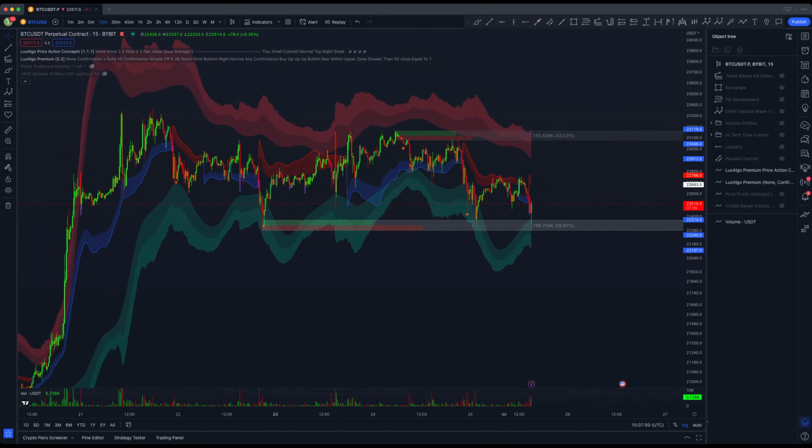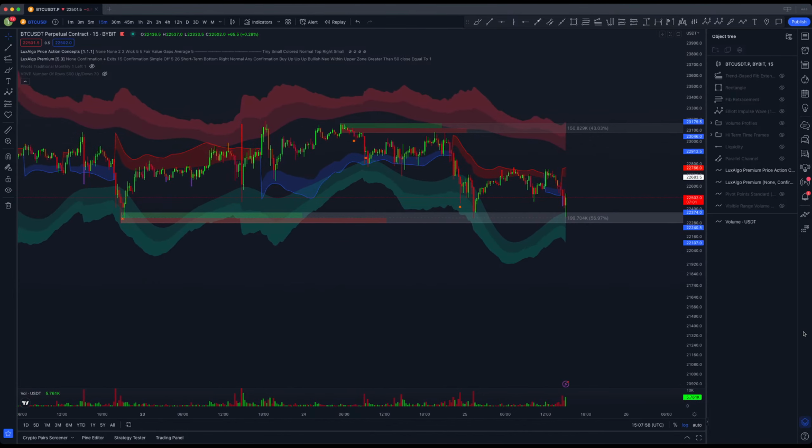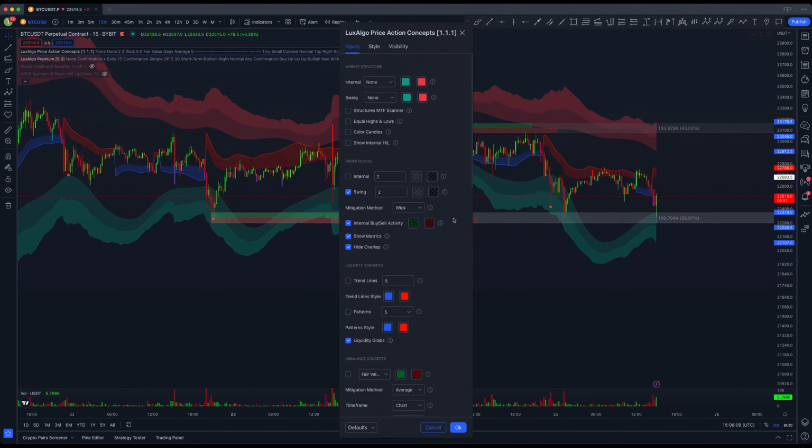For a number of reasons, really, but primarily for looking at ways in which to get an entry. Now, here's the deal: really short, sharp, and sweet. The idea is that we're on the 15-minute time frame at the minute, although this works just as well with the 5-minute and even maybe lower. We do have to clean out the Lux Algo a little bit. By default I think we have both the internal and the swing set to 5 and 5. But what I like to do is clean it out, because if you have 5 on the internal and 5 on the swing, what that tends to do is put a